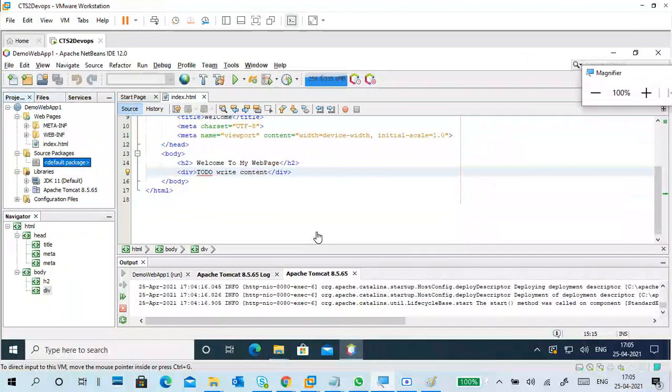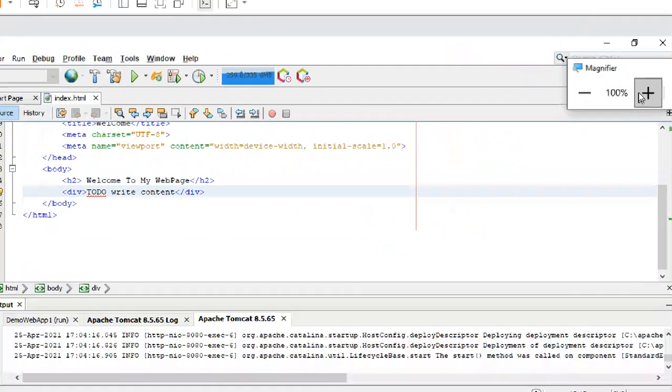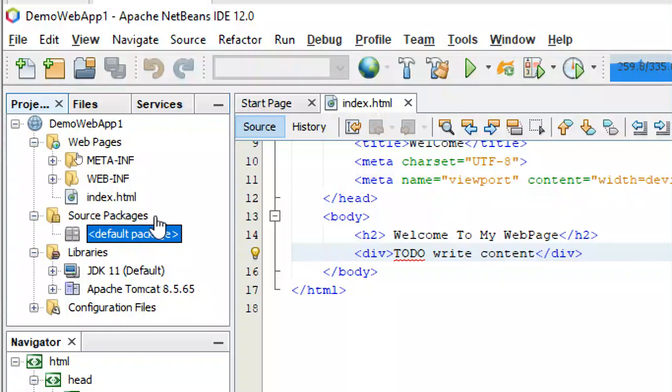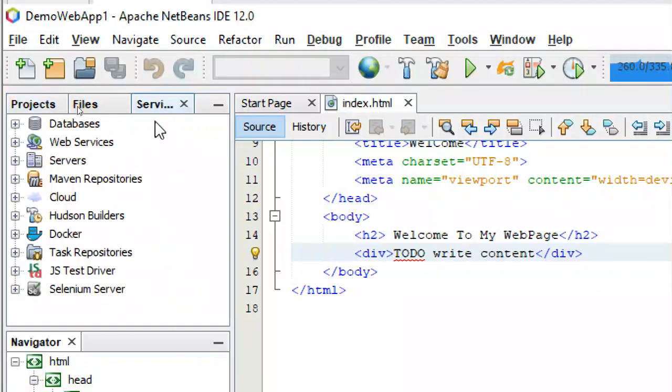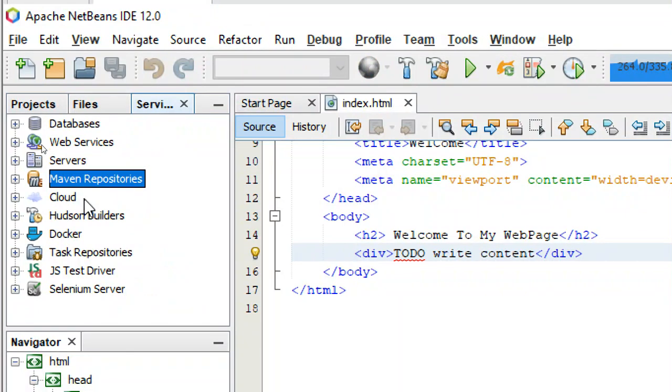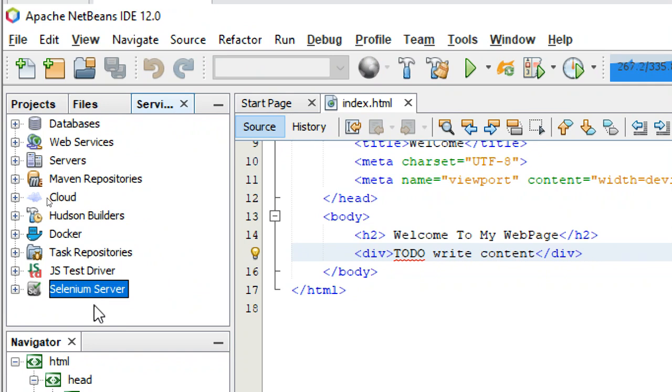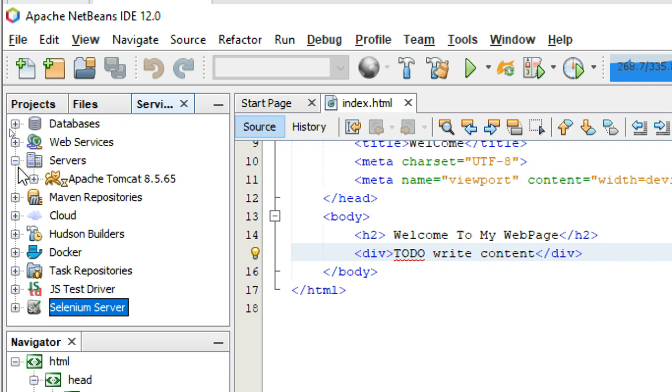So I want to show how to add a servlet and how to add a web server kind of stuff. Next, you can see these services: databases, servers, Maven repositories, Docker, Hudson builders, cloud, task repositories, JS test drivers, Selenium servers. So based on what tools you have, you can add them also.